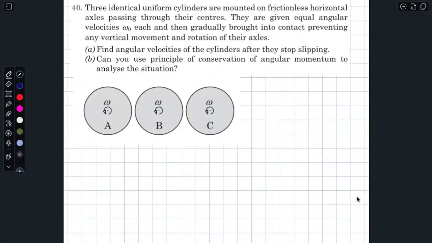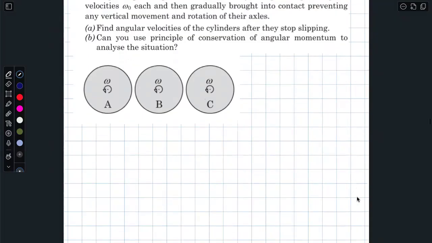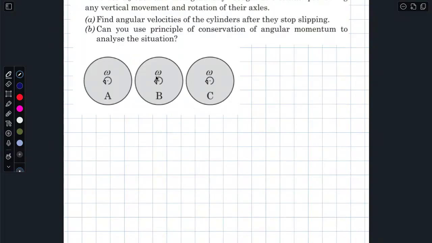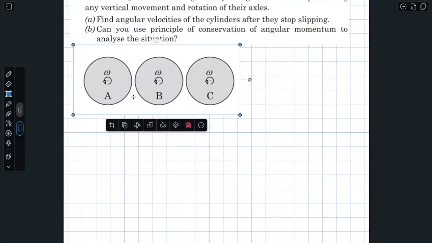See this question. 3 identical uniform cylinders are mounted on frictionless horizontal axles passing through their centers. They are given equal angular velocities, omega naught each, and then gradually brought into contact, preventing any vertical movement and rotation of their axles. Axles are fixed. Find the angular velocities of the cylinders after they just stop slipping. Right. Please try to understand in this particular question,